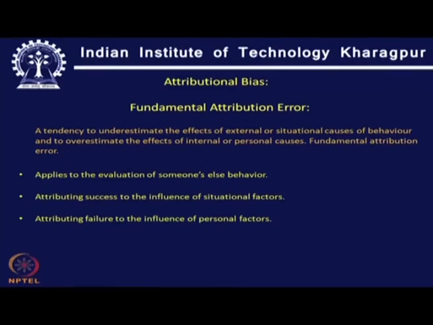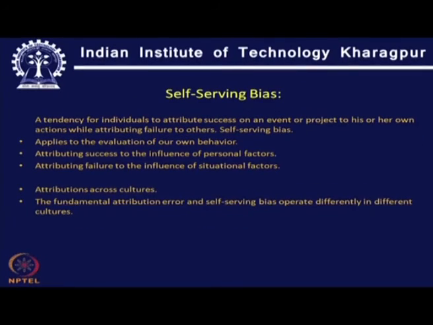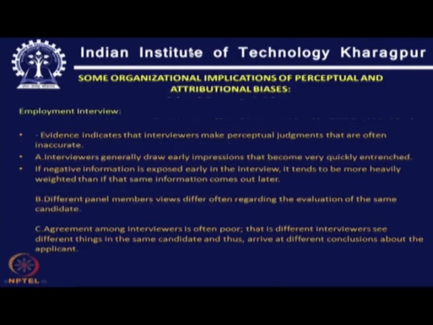But the opposite happens when we are talking of a self-serving bias. When you are deciding about your own self, what we try to do is attribute success to our own self and attribute failures to situational factors, and these can happen in different ways in different cultures. So, some of the organizational implications of perceptual and attributional biases, it occurs of course as we discussed earlier in